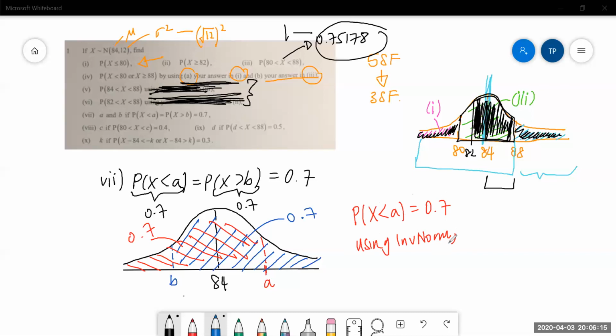B is 82. Oh, I must write that. Yeah, you have to state this. Using inverse norm, then A equals to 1. Then after that, same thing for B. Probability of X greater than B is equal to 0.7. Then using inverse norm,